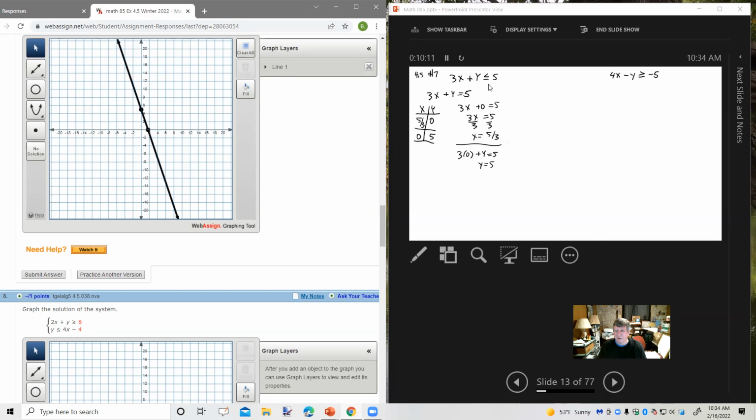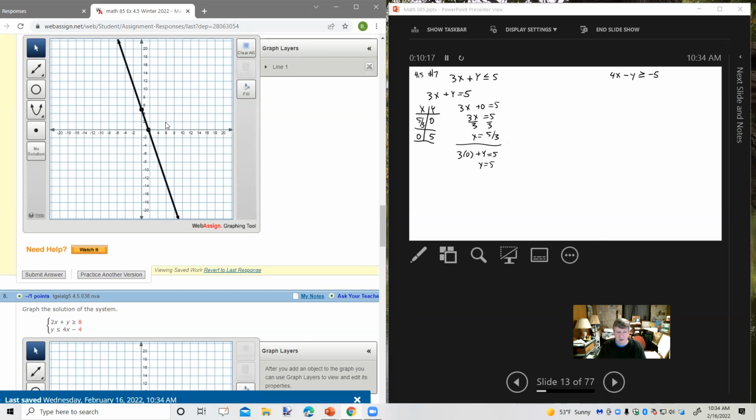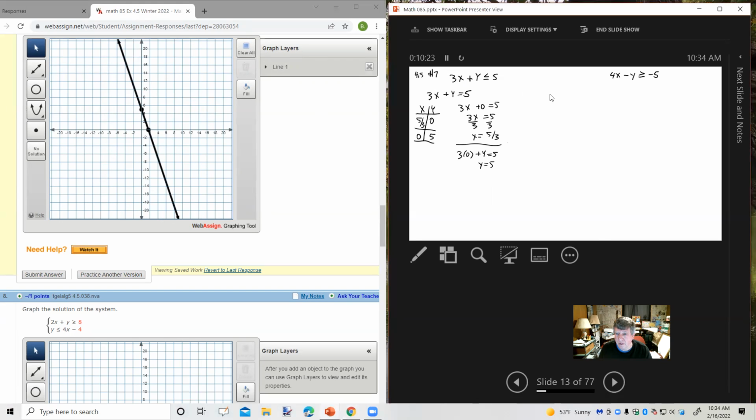Now, also I see that it's less than or equal to, so it includes the solid line, not a dashed line. Next, I'm going to choose a test point. I'm going to use the origin, 0, 0, since it's not on the line. And I'm going to plug it into my linear inequality. 3 times 0 plus 0 less than or equal to 5, 0 less than or equal to 5. That is true. So the point 0, 0 is part of the solution,